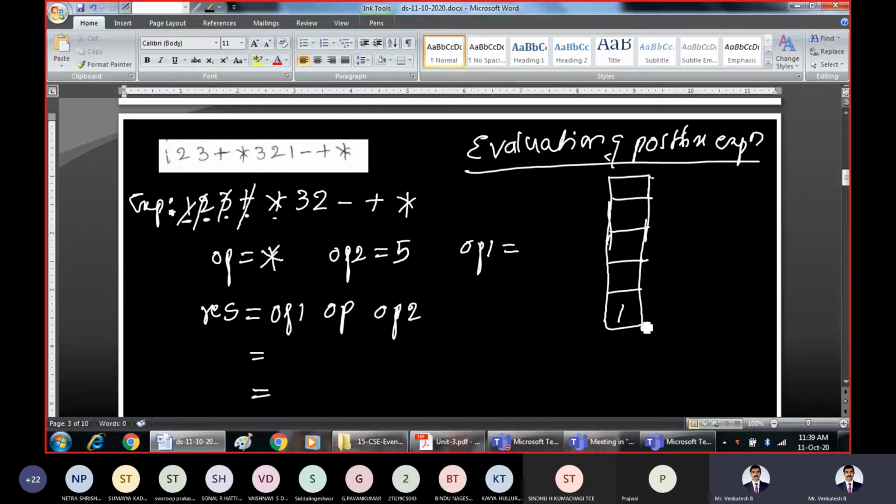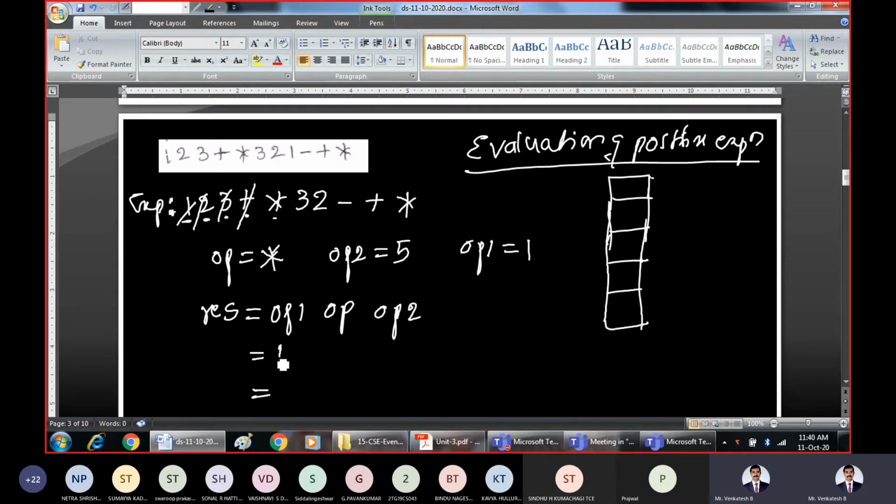Then pop the next symbol from the stack because we need two operands for the operation. Pop 1 and assign it to operand 1. Then perform the required operation: operand 1, operator, operand 2.